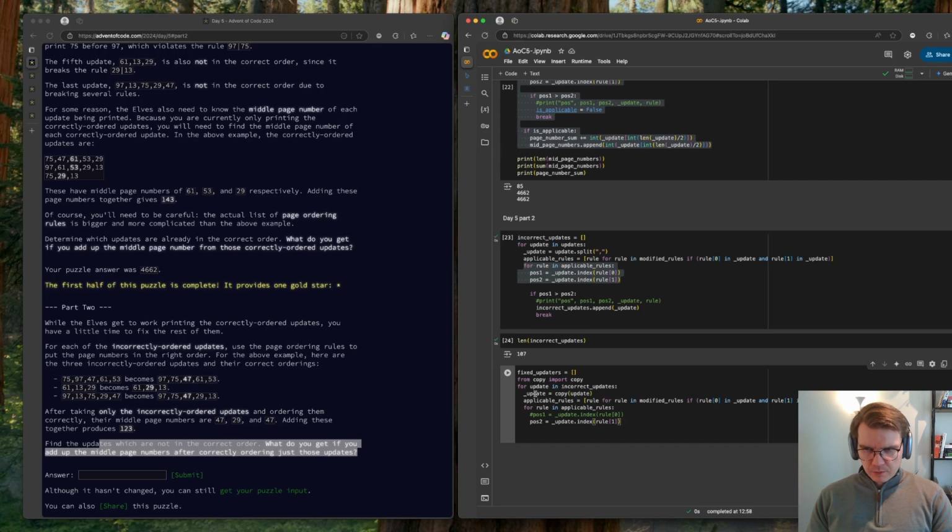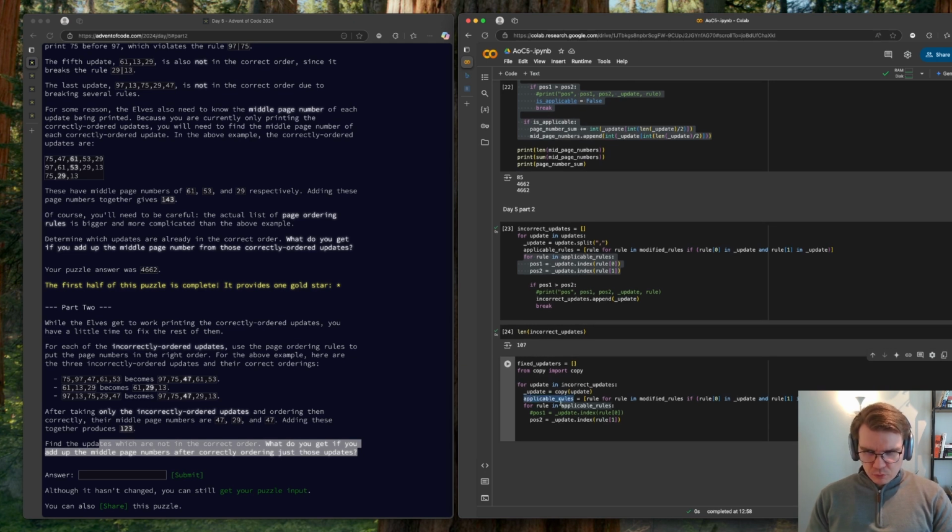And after that, we want to get applicable rules and then loop through them. Here we want to get the position of the one because we need to delete it and pop it back in. So basically we want to do update.pop position 1, and then